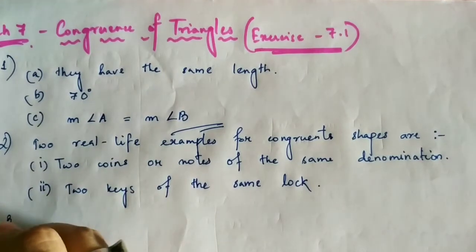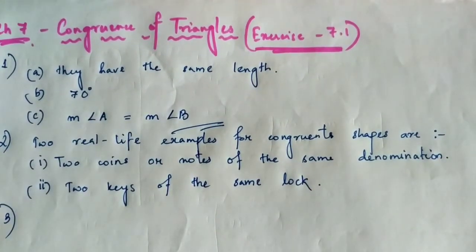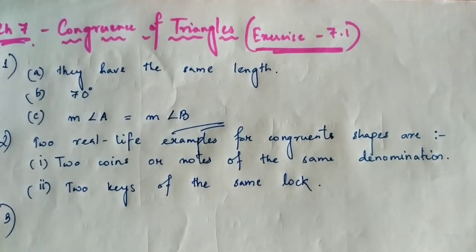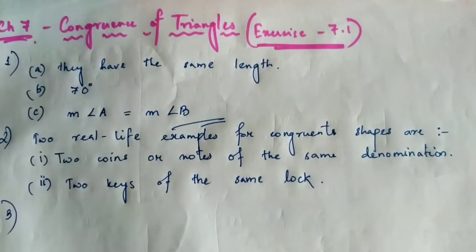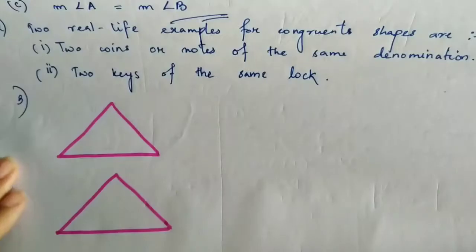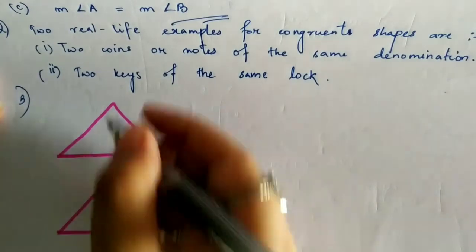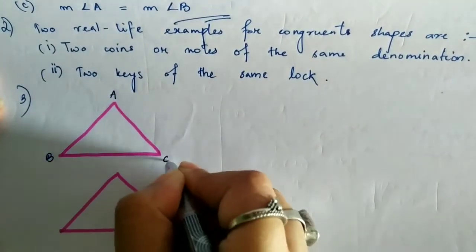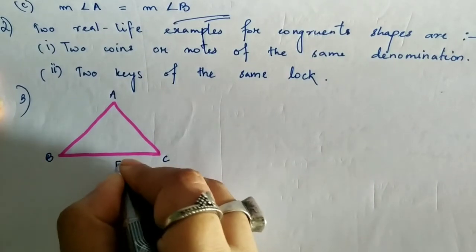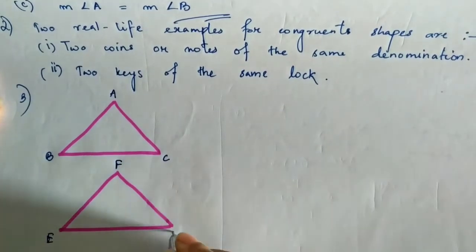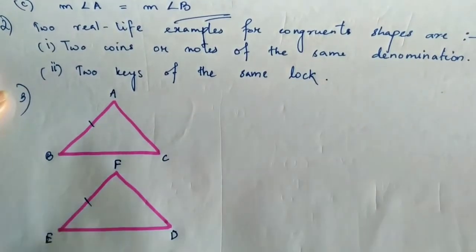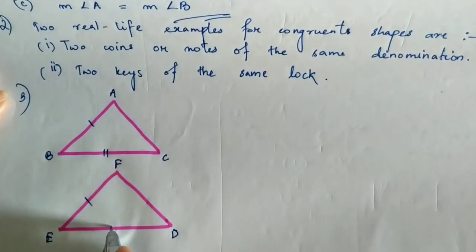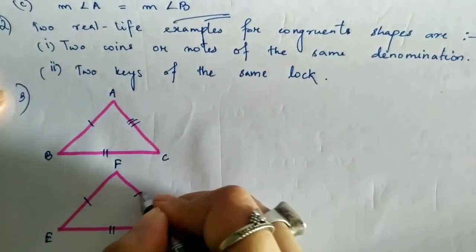Now, let us move on to the next question, that is question number 3. It's given, if triangle ABC is congruent to triangle FED under the correspondence, then write all the corresponding parts of the triangle. So, let me use a sketch pen to draw, but I hope all of you will be using scale and pencil to draw the diagram. I have drawn two triangles. Say this is ABC and next one is FED, not EFD, FED. So we have to write down the corresponding sides. First, the sides are corresponding. This will be congruent to this. This side will be congruent to this. This will be congruent to this.